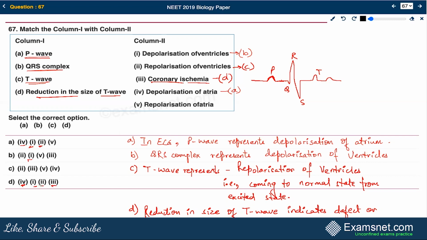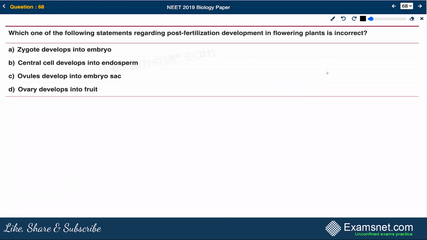So out of all the 4 options, this one is the correct answer that you can see. All right. Now, let's move on to the next question, which is question number 68. Question number 68 says, which of the following statements regarding the post-fertilization development in the flowering plants is